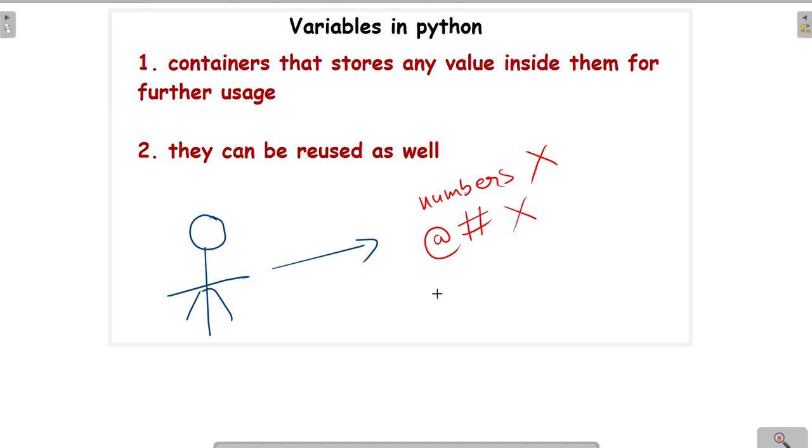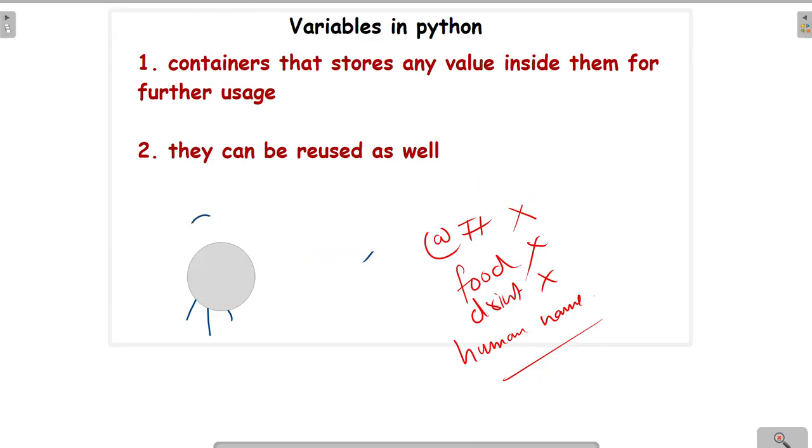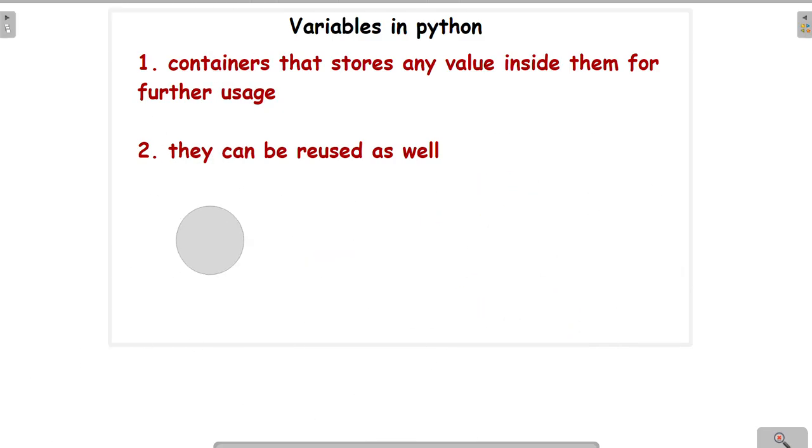But normal characters can work, but still you cannot take any food name, right? Any particular drink name you cannot use, but still you can use the normal human name, right? Correct, which is meaningful in its nature, which can be used as a name like Harsh, Rishi, Sonalika, Sanvika, just like that.